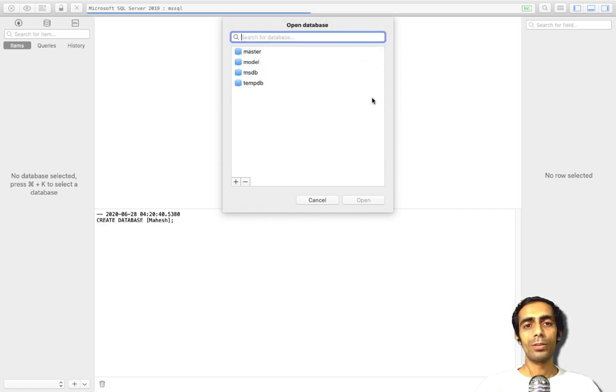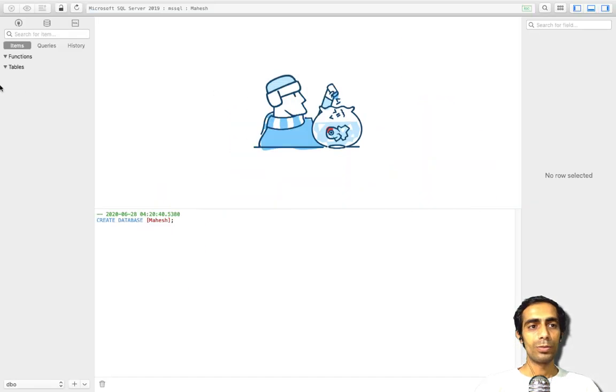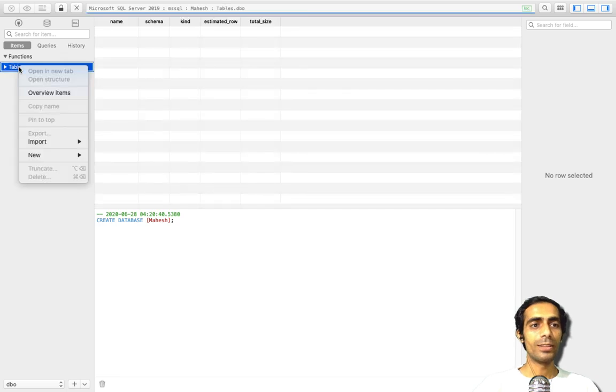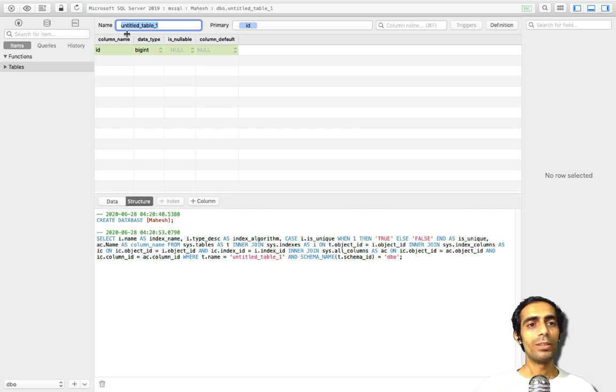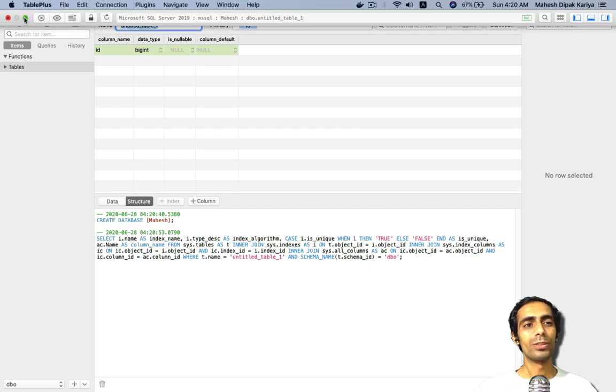Okay, now I already have it, Mahesh, this one. So you can create tables like this if you want to, like this, new table, ID, whatever, that's it. But we are not going to use this. Okay, for now